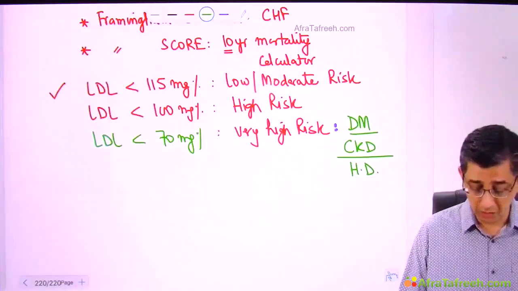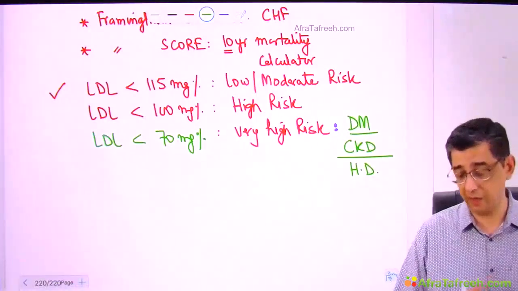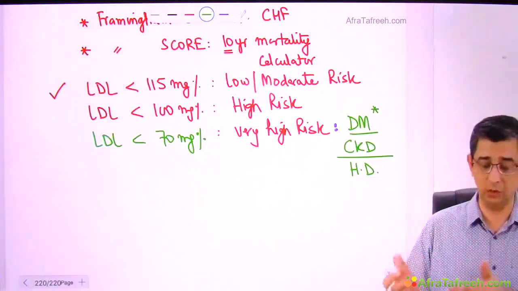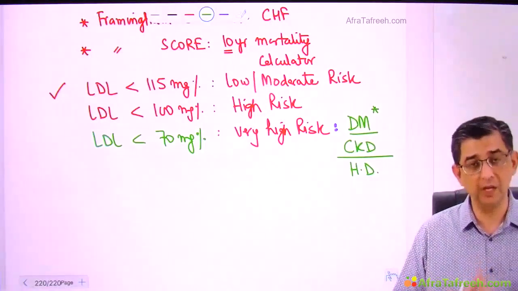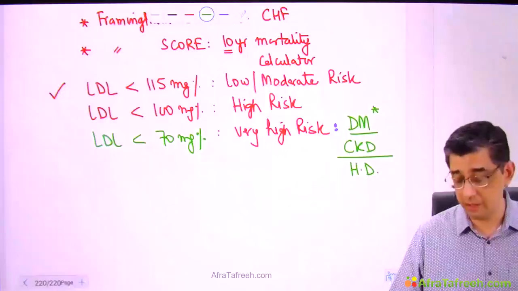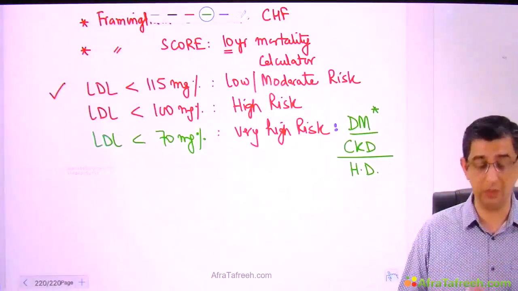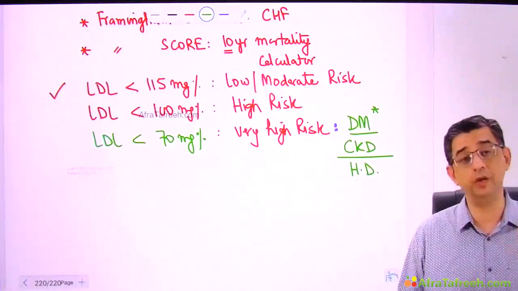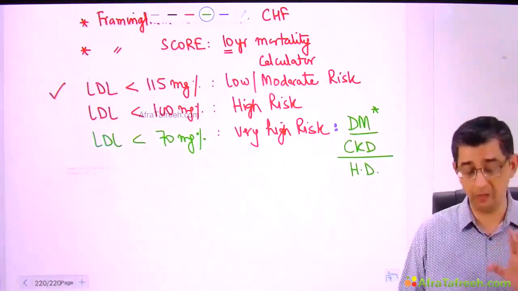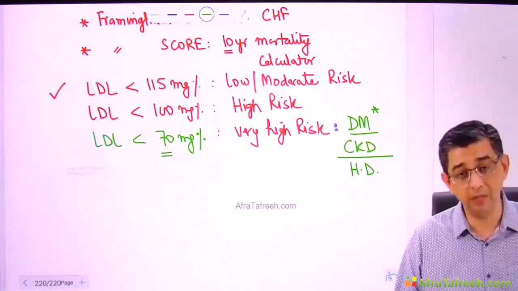In fact, there is no change if you compare this data with last year's notes, because I've said this statement earlier also. At the moment I just introduced terms like low, high risk or very high risk. The standard information, which is the same as last year, is that for diabetic patients, for CKD patients, hemodialysis patients, because the risk of coronary events is more, the target of LDL is different from the ordinary population. And out of these values, at least one that I wanted you to remember is what I have just said. Keep the values less than 70 milligram percent.